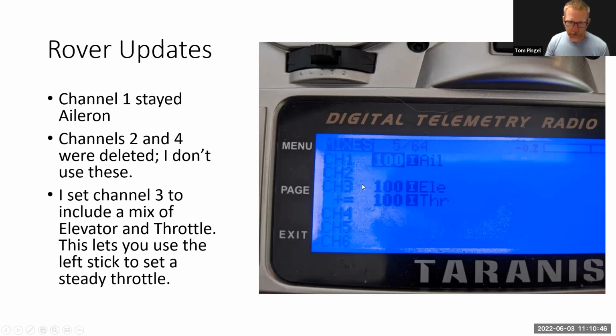And then channel 3, I actually had this sort of misconfigured. And so while I was fixing that, it occurred to me that we could have channel 3 as a mix between the elevator and the throttle. And what that lets you do when you're driving is,